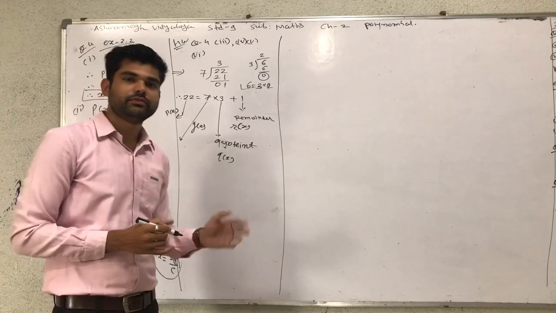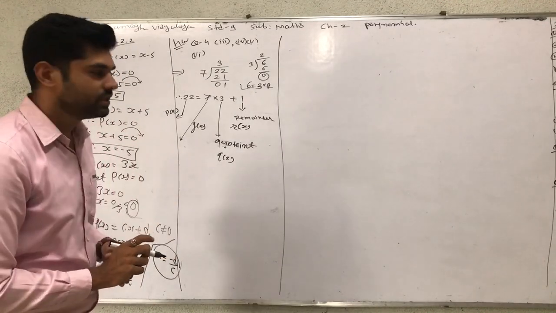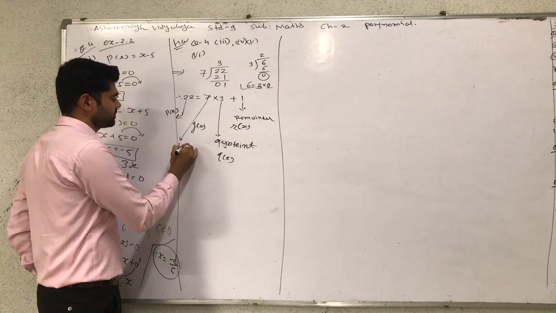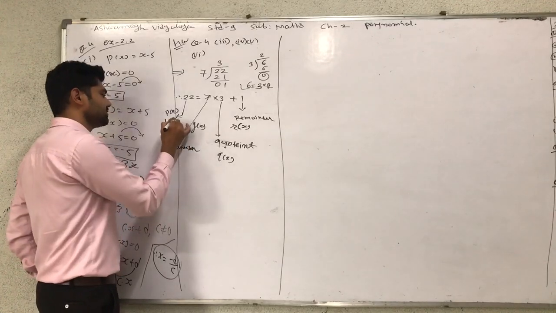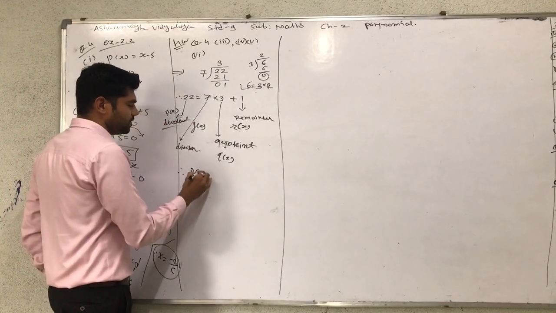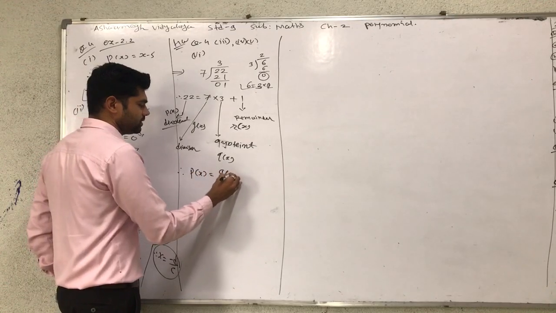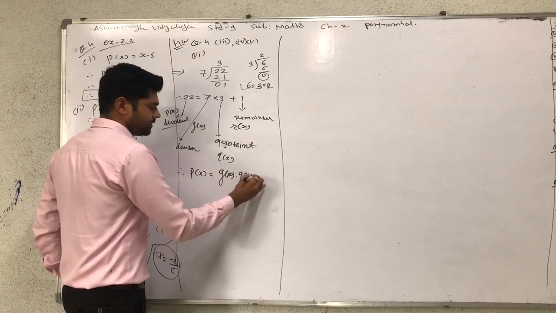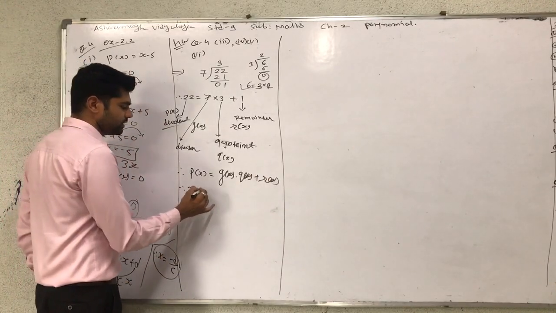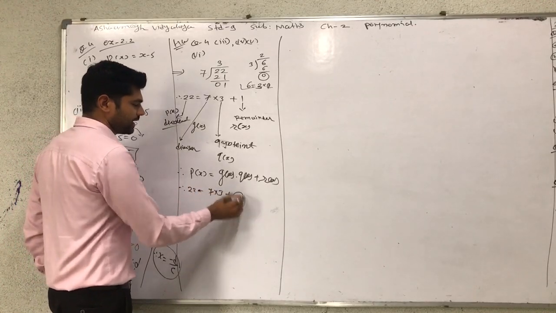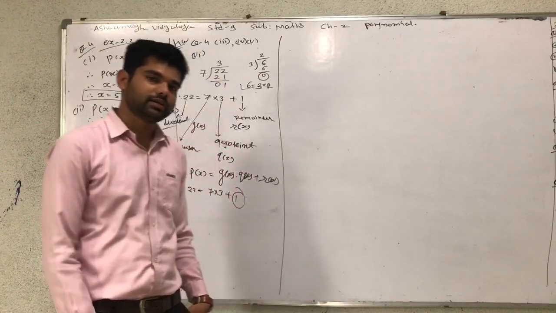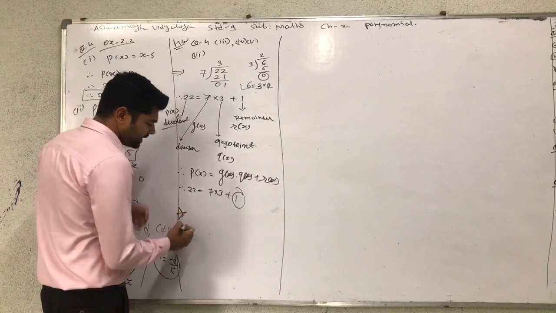22 divided by 7: 7 is the divisor and 22 is the dividend of the given question. So the remaining part is p of x is equal to g of x into q of x plus r of x. Remember that 22 is equal to 7 into 3 plus r, where r means the remainder of the given term. So using this, we have the long division method, and another method is the remainder theorem.